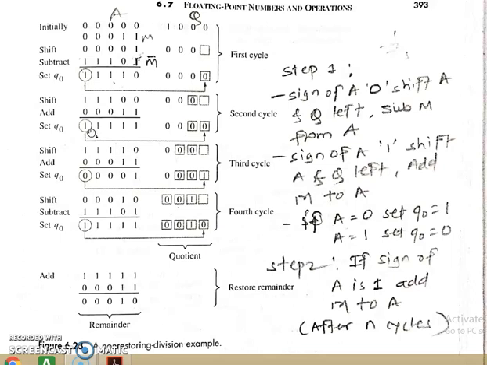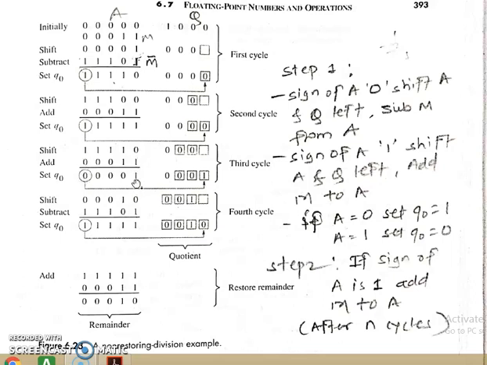Check the sign bit of the result, it's a minus. So first thing is, we have to shift it to the left. So this one is shifted here, that is discarded. This one is here, this one is here, this one is here, this one is here, this 0 is here, this 0 is here, this 0 is here, this 0 is here, and one more vacant place has been created at the Q0. Okay, so as this result is minus, or it indicates 1, we have to add M to A. So we are adding M to A.